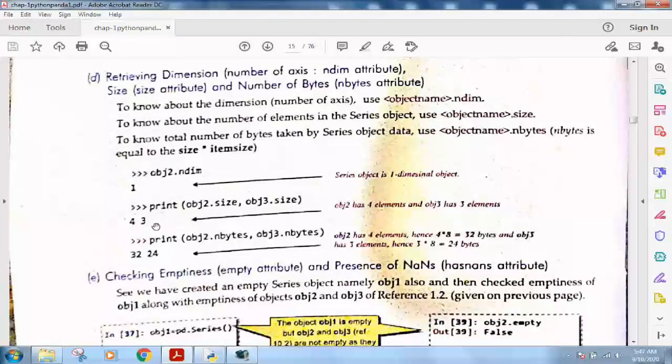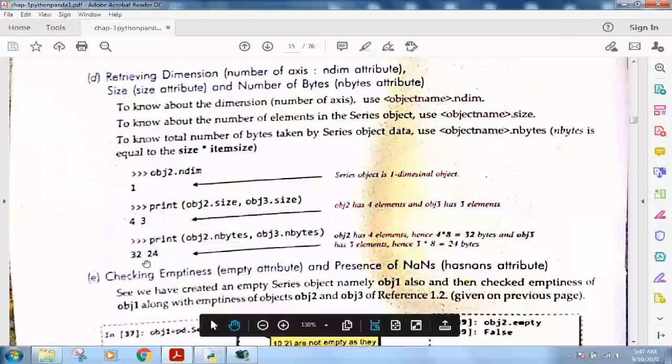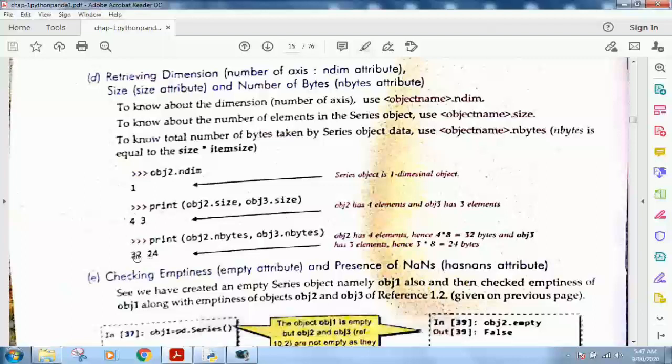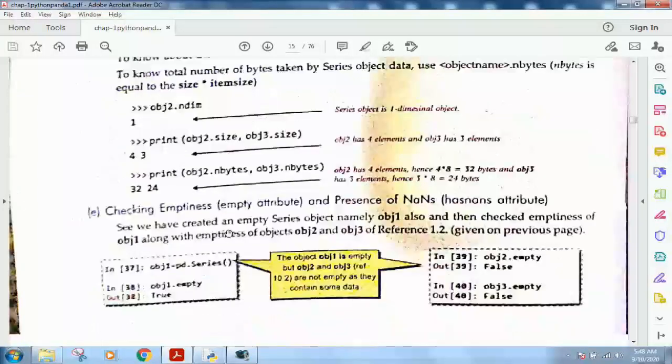See, 4 and 3 are the number of elements in object 2 and 3. And this is object nbytes, which is calculating the size in bytes for the 4 elements. Each element is of 8 bytes, so 4 into 8 will be 32 in object 2, and 3 into 8 will be 24 in this.